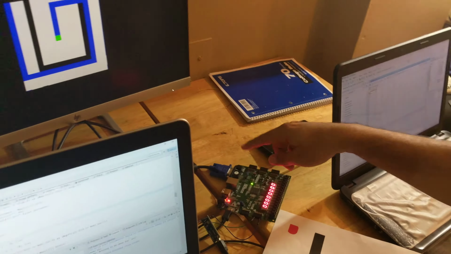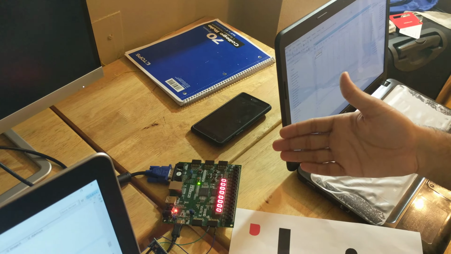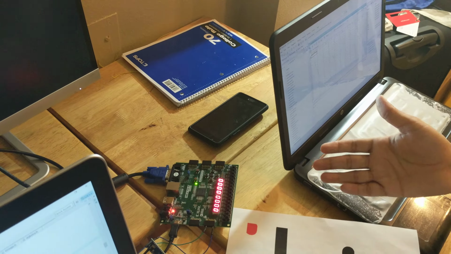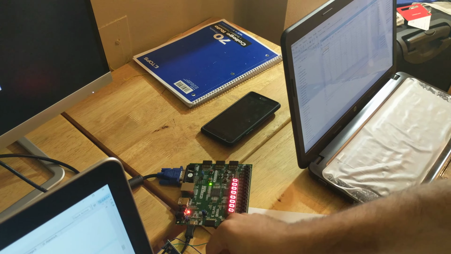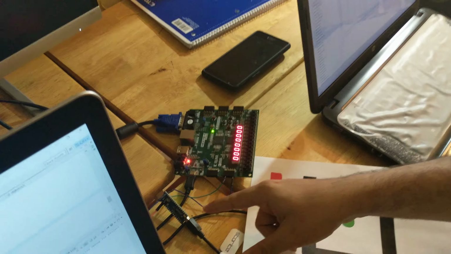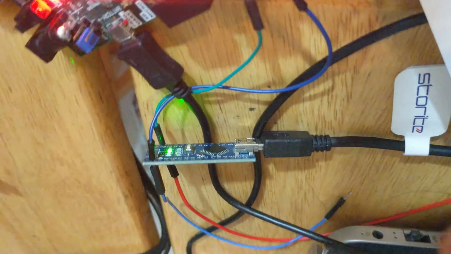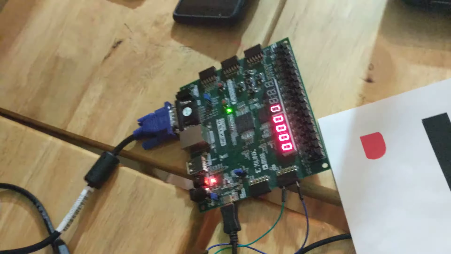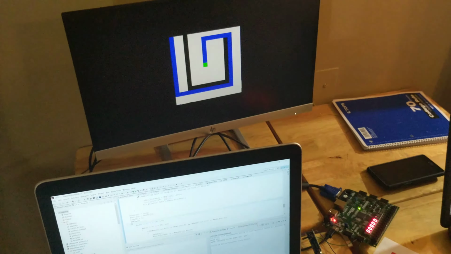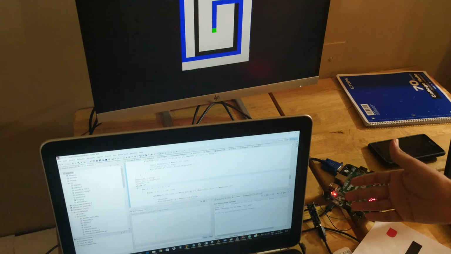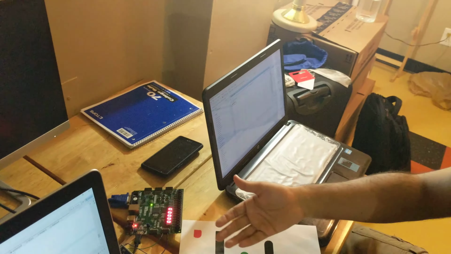The VGA controller and the UART protocol have been implemented in Verilog and VHDL respectively, and they are on the FPGA, so they are synthesizable hardware. And we have used the Arduino Nano, so you could see an Arduino Nano over here. That's basically just a UART channel, because the USB does not talk in RS-232, and the Arduino Nano happened to have a MAX232 chip which could just convert the voltage levels to what we require.